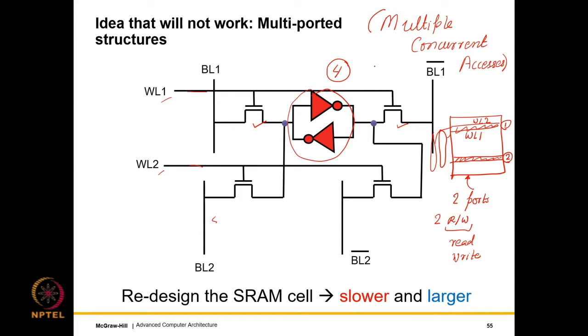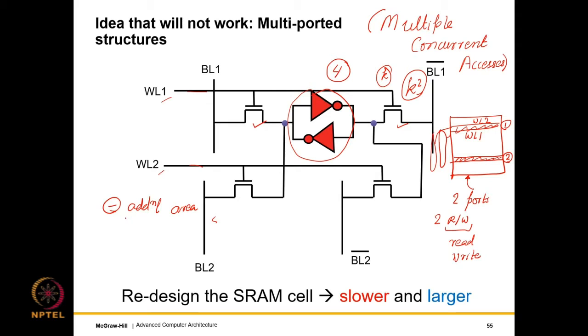So on similar lines, if we have k ports, right, the port is an interface for a read or write. If you have k ports, the area will increase k square times. So of course one of the negative factors is the additional area. Right, so we of course need more area for the transistors, but the more important thing is we need more area for the wires, and the latter dominates.